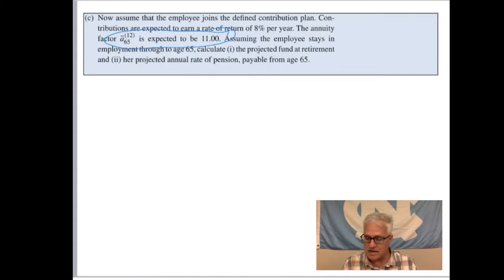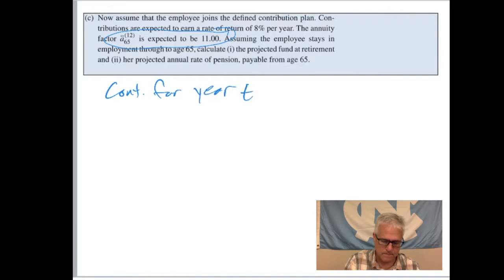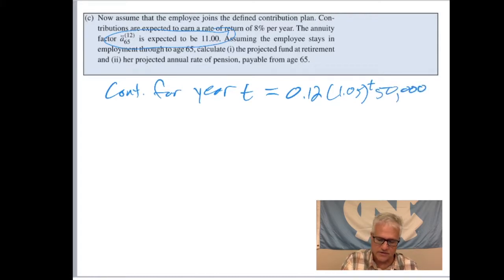And this is actually a little tricky. The contribution for year T is equal to 12% of the salary in year T. So 12% of 1.05 to the T, perhaps I should be using K's here since everything's an integer, times 50,000. Okay, so that's the contribution, and the accumulated value